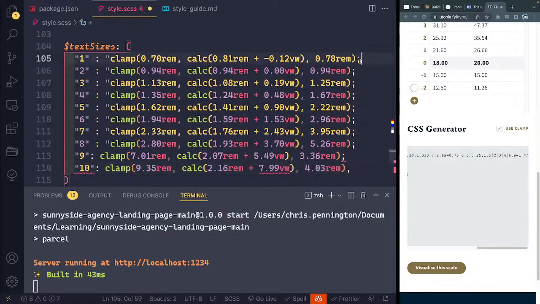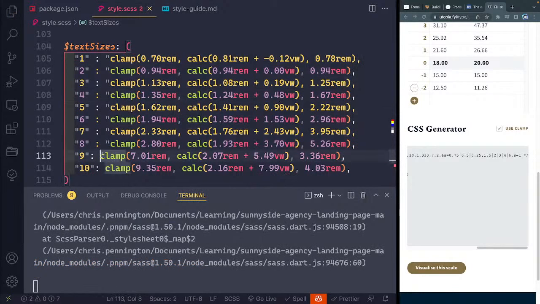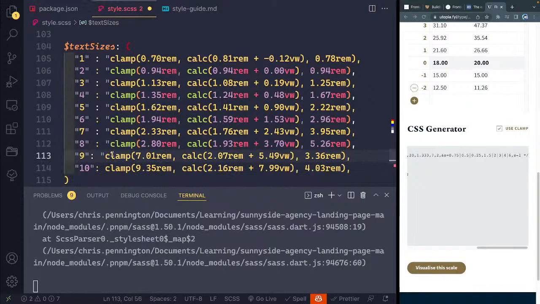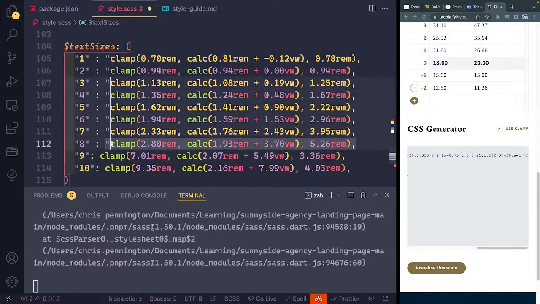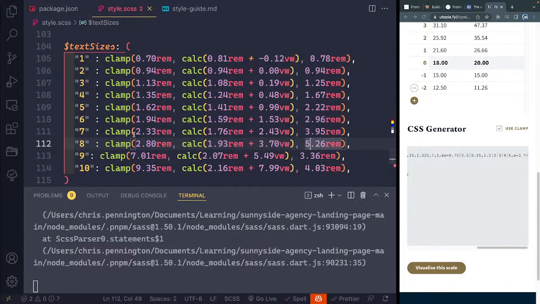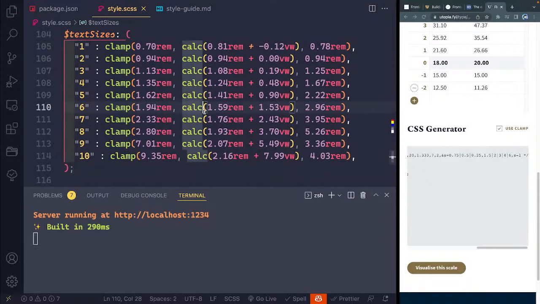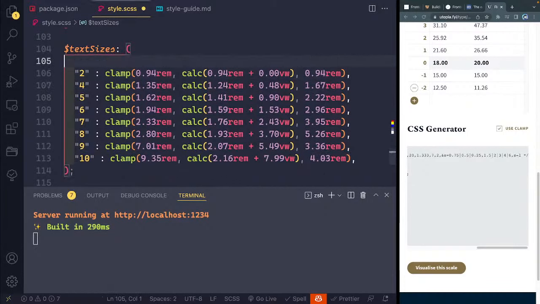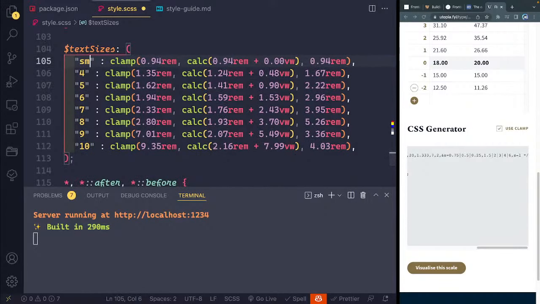All right, and then these all need to be commas. Okay, so I think we've got that set up properly. Maybe, sort of. And let's see. We ran into this before where I added these and we don't need them. So let's not make that same mistake again. So we've got all those set up, I think. And if I put that in, okay, there we go. And what we said is every other one. So starting at, maybe let's keep a small size around in case we need it. So let's call that small. And then let's call this medium, or yeah, medium works. So this is our normal